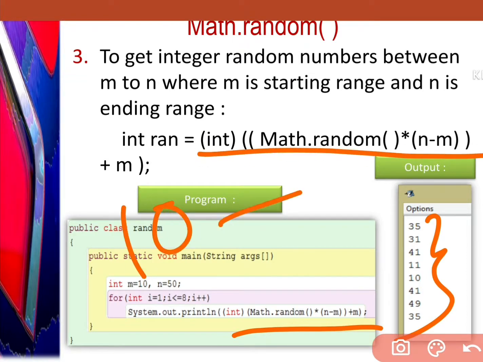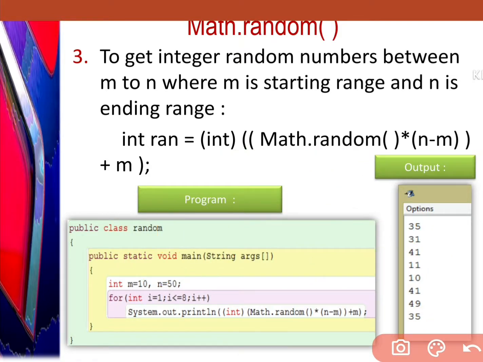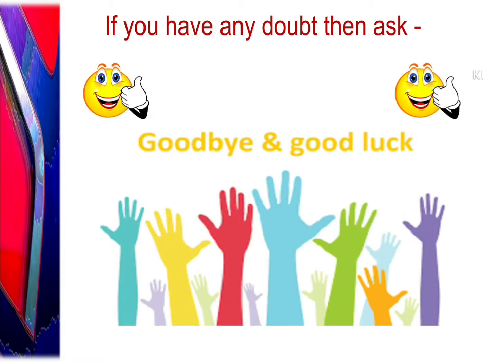If I say a range between 10 to 55, I get 10 to 55, but I have to follow this formula. We have to fill the value here, place the formula here, and we get what we want. This is the way to handle random. We have different formulas, and we can apply this random function in our program also. I had already created this so that you can understand. Both are complicated topics, go with it.